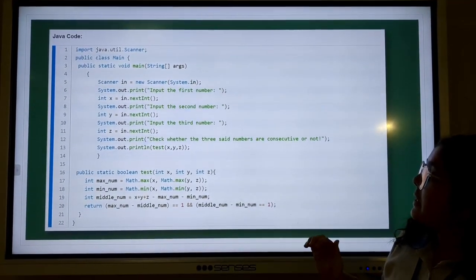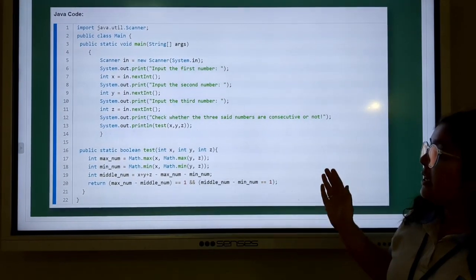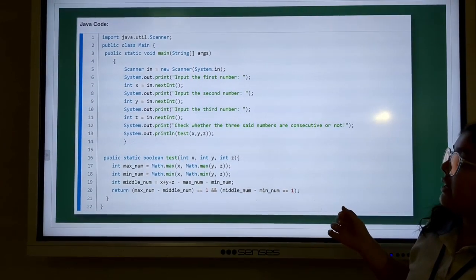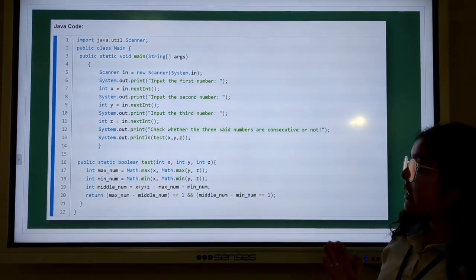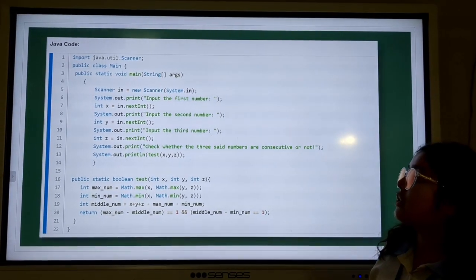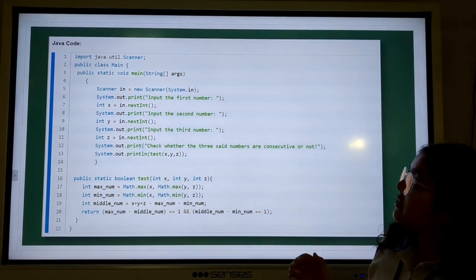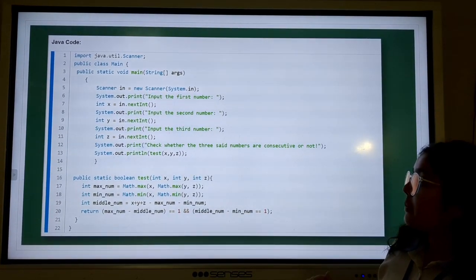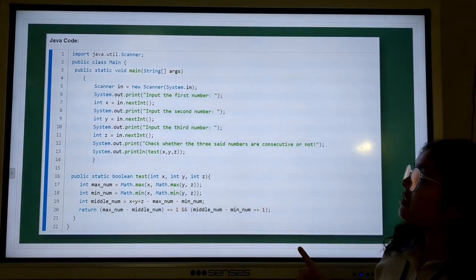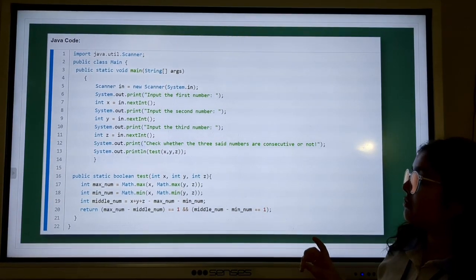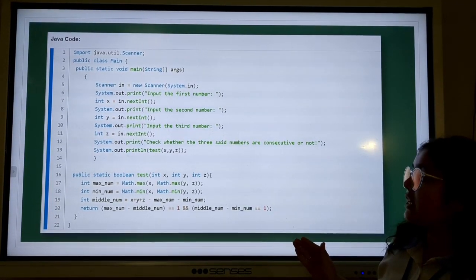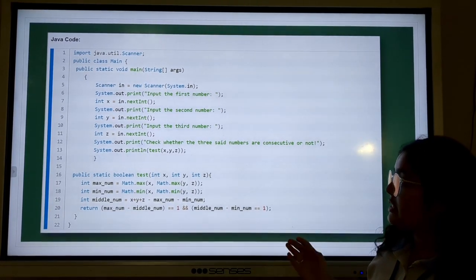Similarly, to display the statement "input the second number", System.out.print is used, and again the nextInt method is used along with the object to store the value in integer y. System.out.print is used to display the statement "input the third number", and similarly with the nextInt method the value is stored in integer z.